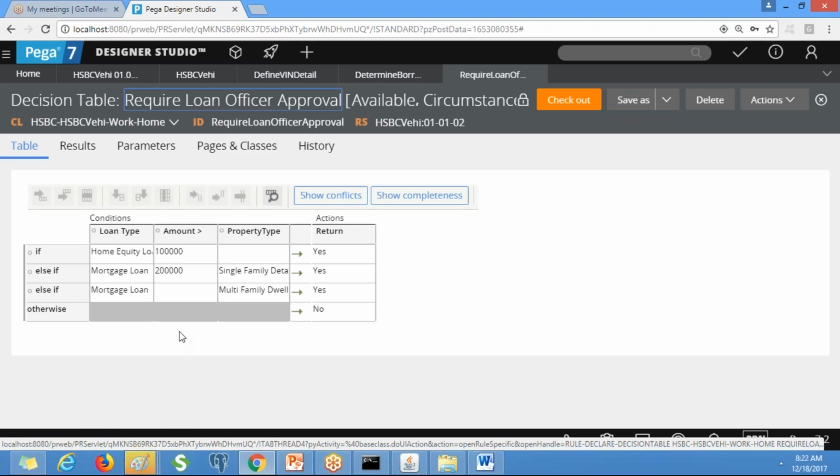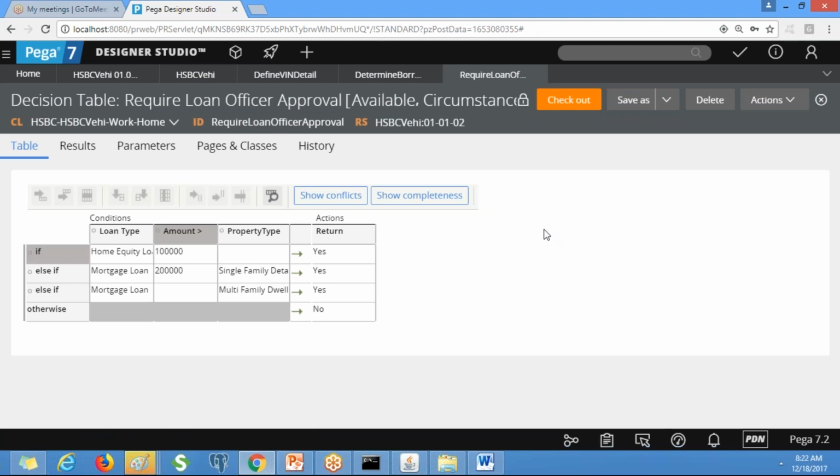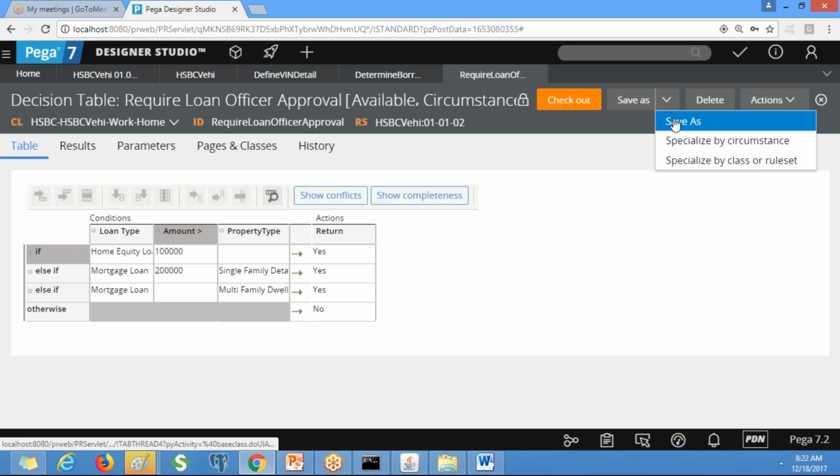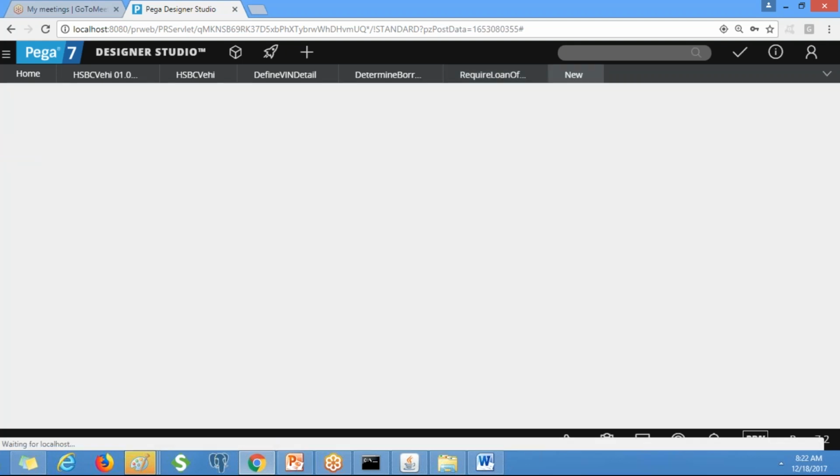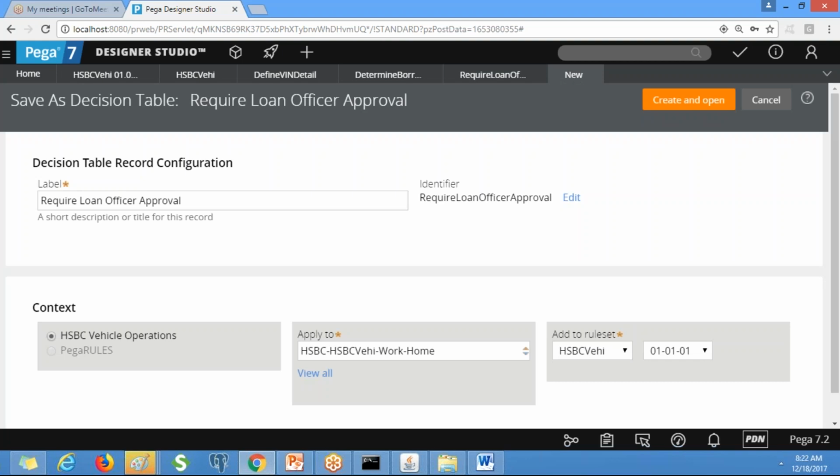Here, see, we have this, right? Suppose the requirement is that we frequently have to modify the loan amount. So I'm going to delegate this rule to the business user. First we have to save it into the rule set version which we are going to leave unlocked. It should be in the unlocked state. Suppose I am planning to leave this 05 rule set version unlocked.